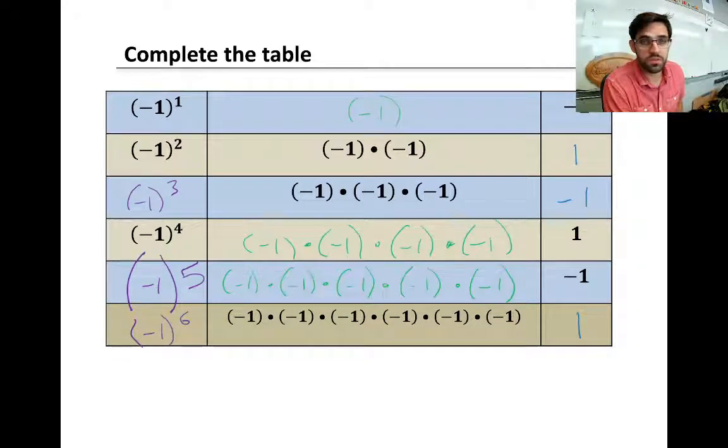Let's see here. Okay, so first let's prime our brains to think about this. Complete the table. We've completed it in class. Notice that any negative 1 to an odd power is negative 1. Any negative 1 to the power of an even number is positive 1. Okay, now take that idea